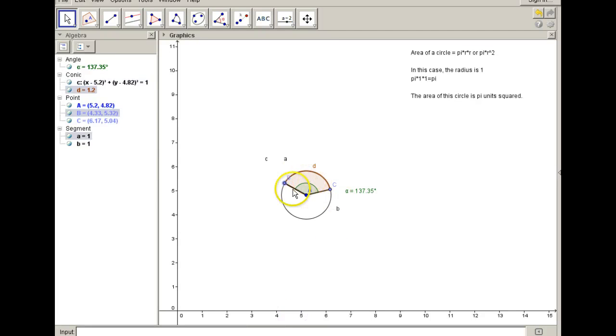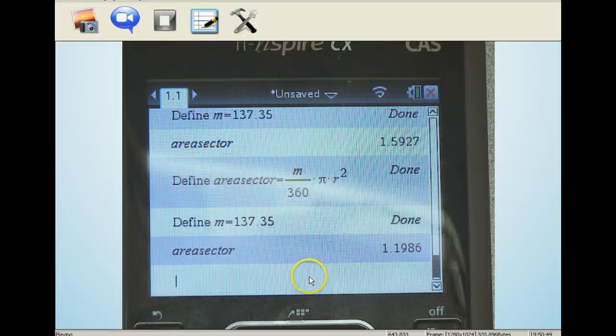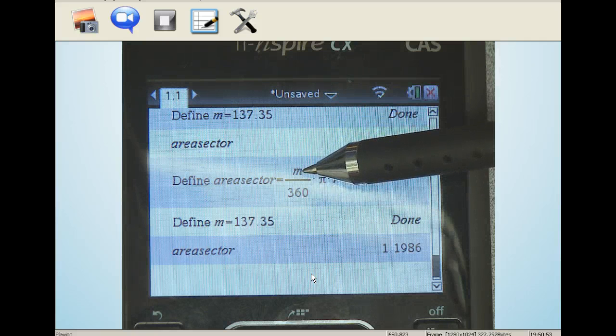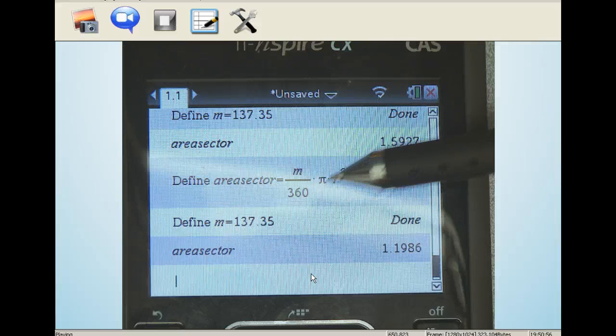So basically, you can see that this formula works. So what is the formula? Well, it's the measure of the angle divided by 360 times pi times the radius squared. Okay, we're going to use that information now